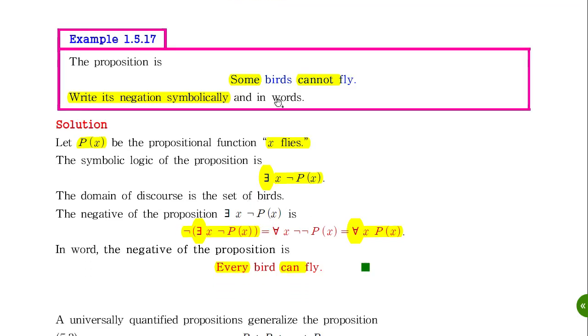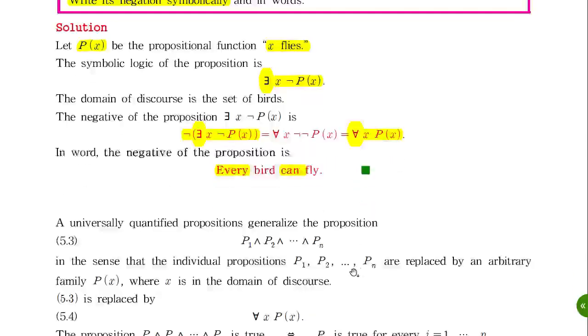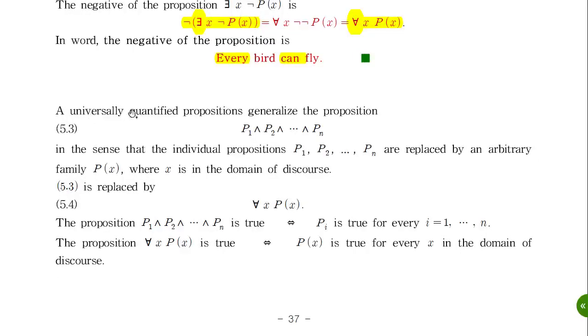So instead of writing in words, you can make it clearer by using symbolic notation to define the negation. And the universally quantified proposition generalizes the proposition of this. Okay. When you have a set of propositions,